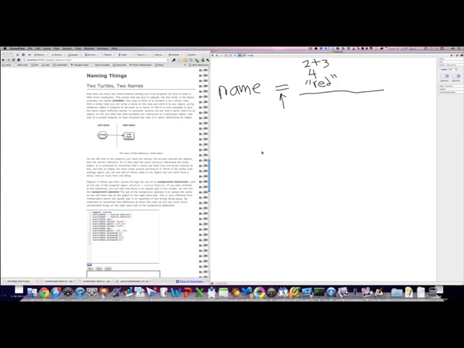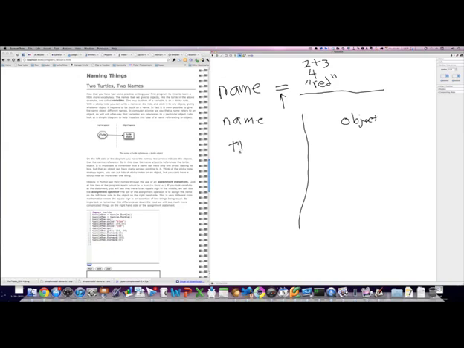Now, behind the scenes, Python divides up the world into two main spaces. It divides it up into what we call the namespace over here and the object space over here. So when we have an assignment statement, Python sees that it's an assignment statement, and it looks at the left-hand side of the assignment statement and comes up with a name. Let's say that in this case, we're calling our name